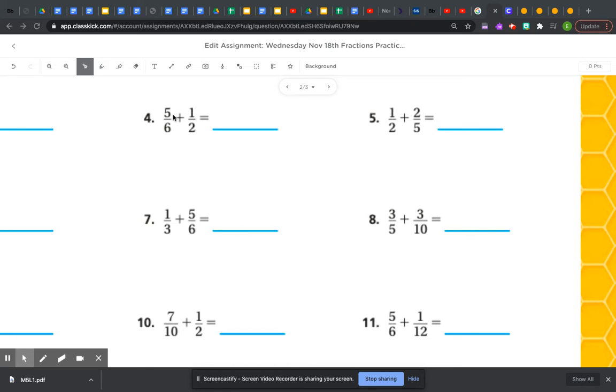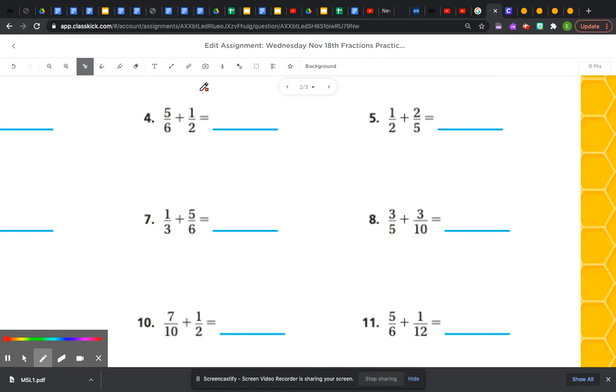Okay, so we are going to be adding two fractions with unlike denominators. So I'm here on number 4. Okay, I'm going to teach you two methods. The first method is called the Bowtie Method. And so what you do is you start down at the denominators, and because the denominators are not the